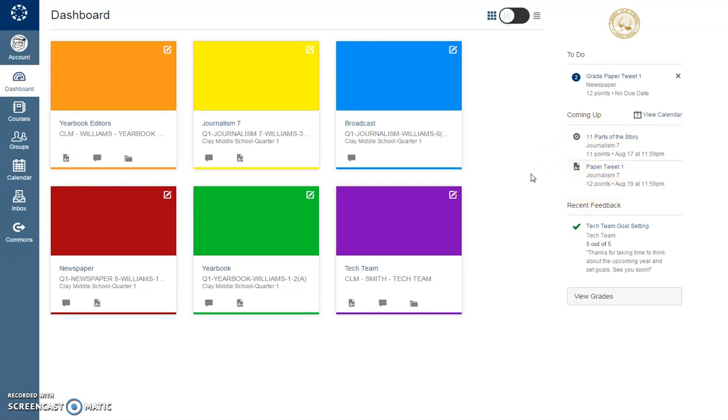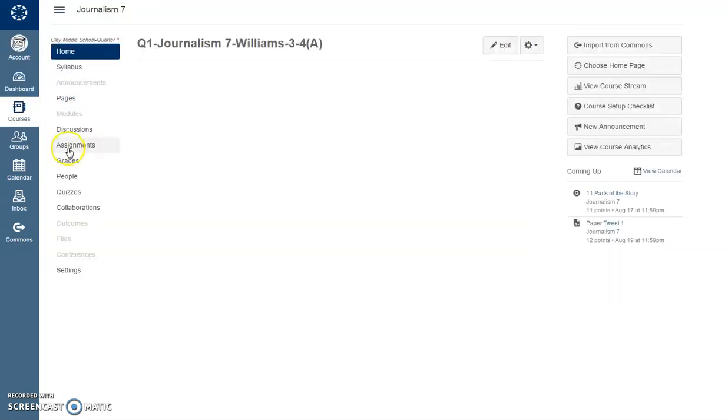So, you can go about grading assignments in two different ways. I've got paper tweets due for newspaper here. I also have paper tweets due for newspaper or journalism here. So I can click on them there and grade them and just get them out of the way, or I can actually go to my class, click on assignments,